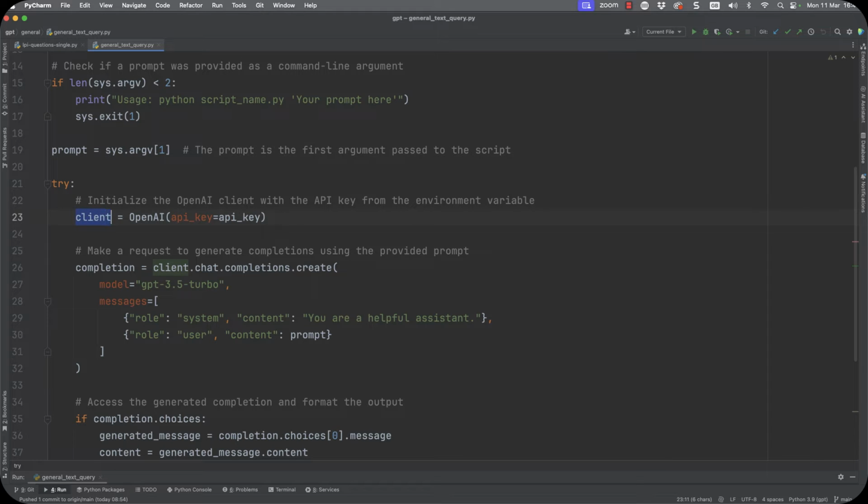Next up, we go into another try block where we create an instance of our OpenAI class as our client object, passing through our API key variable in the constructor. I could leave it with empty parentheses, but this is far better as far as Python is concerned because we're being explicit about what we're using when we're creating the instance of the class.